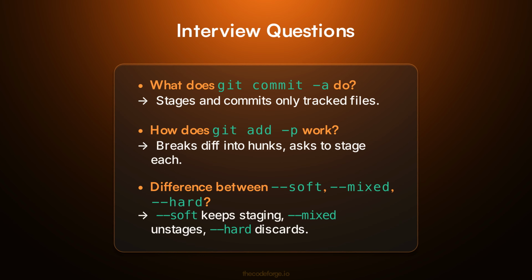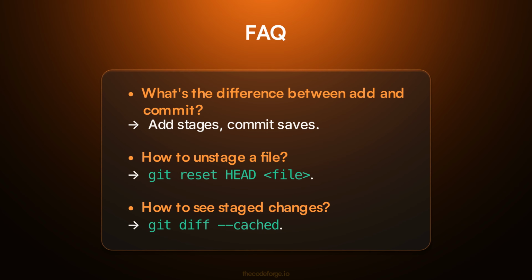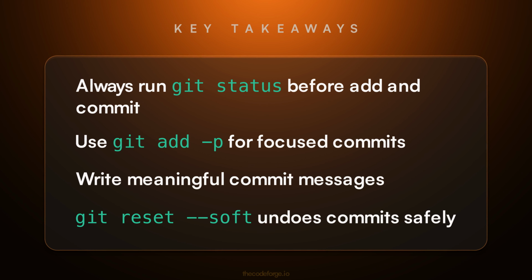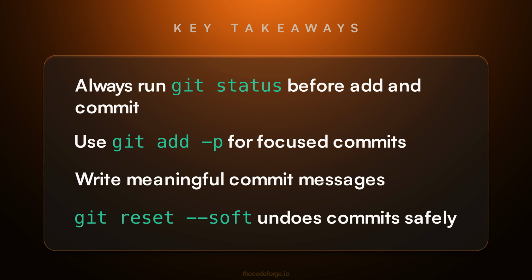Difference between soft, mixed, hard. Soft keeps staging, mixed unstages, hard discards. And a few frequently asked questions. What's the difference between add and commit? Add stages, commit saves. How to unstage a file? Git reset HEAD file. How to see staged changes? git diff --cached. To recap, always check status first, use interactive staging, write good messages, and use soft reset to